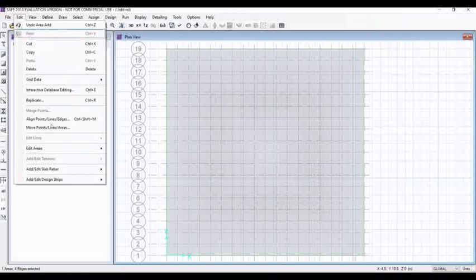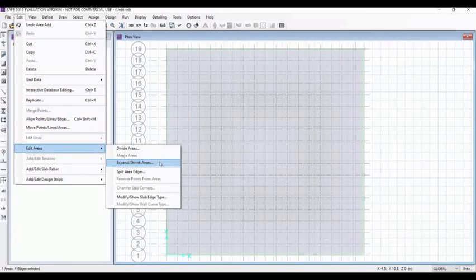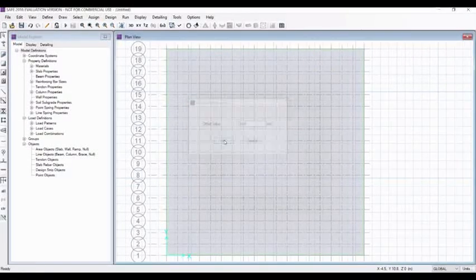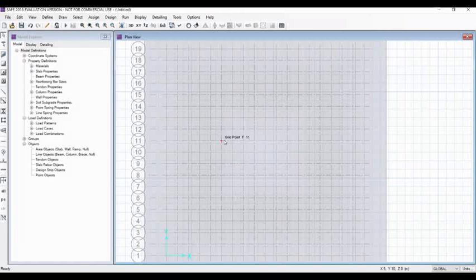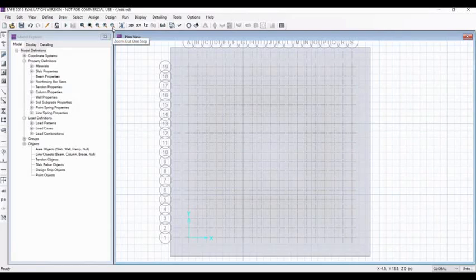Now go to edit menu, edit areas, expand or shrink areas, and keep the offset value as 2000 mm. I'll press OK. And just see, this has become bigger in size. Now that's all okay, and we are done with our dimension.